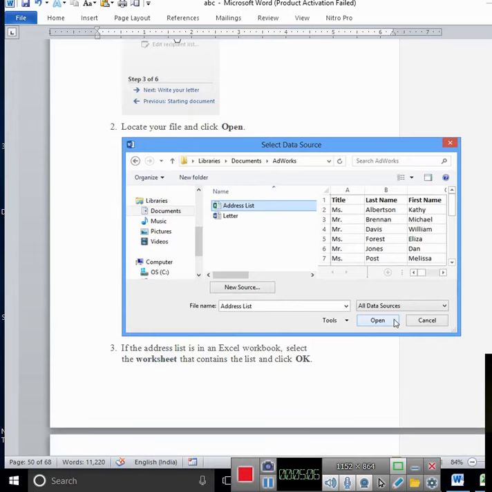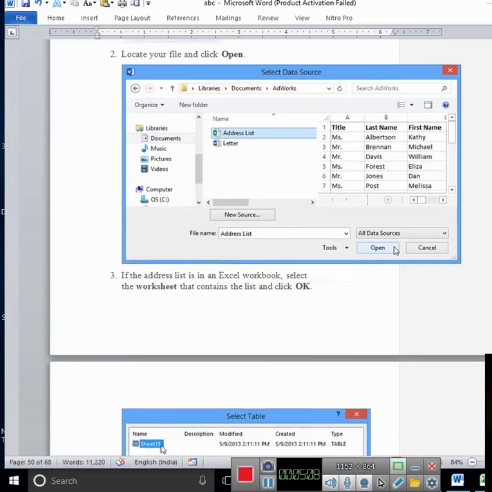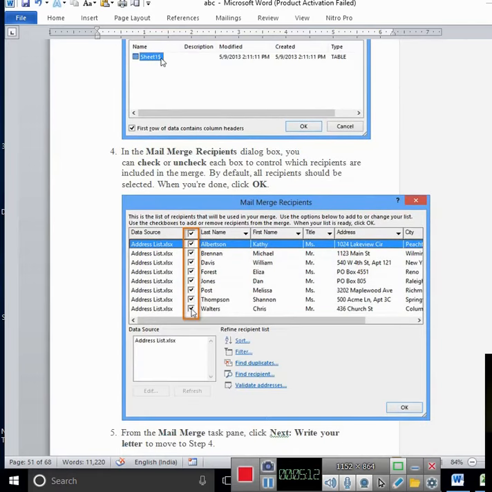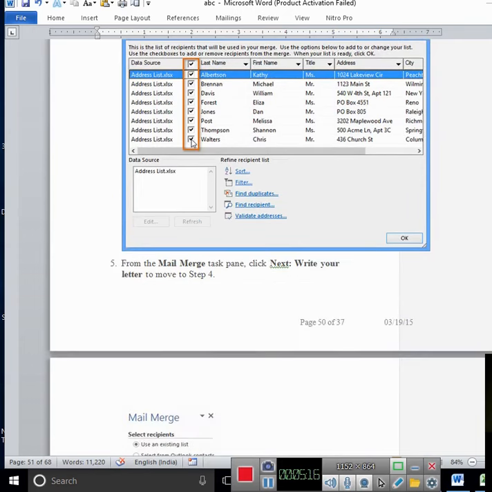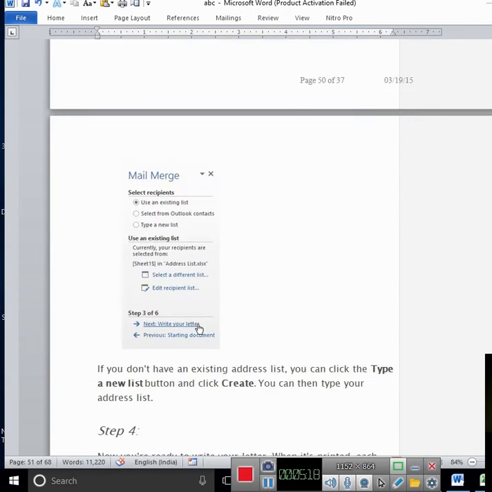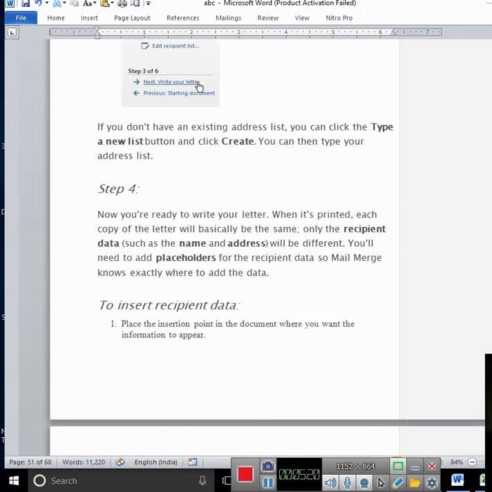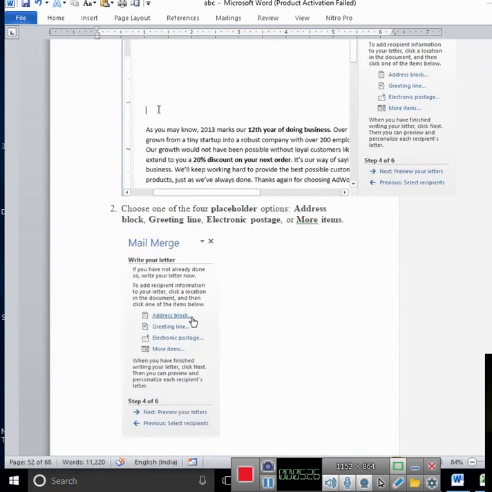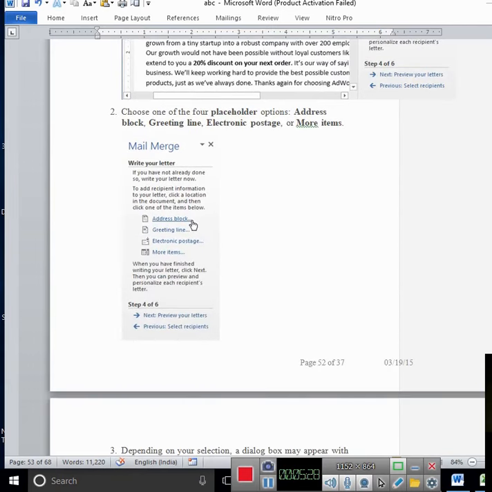The file which we contact, open it, and take all the options and titles you want. Then insert the recipient list in MS Word. Then there is the address block option, location.